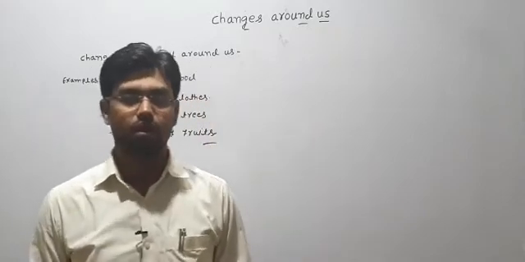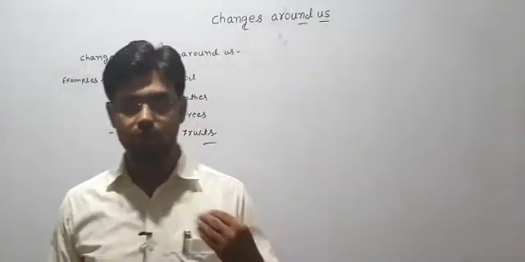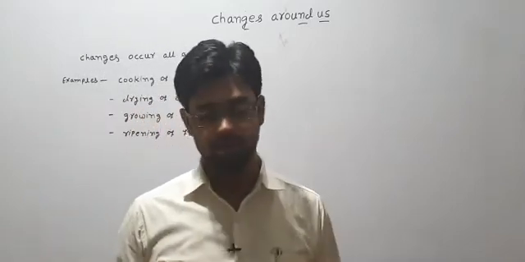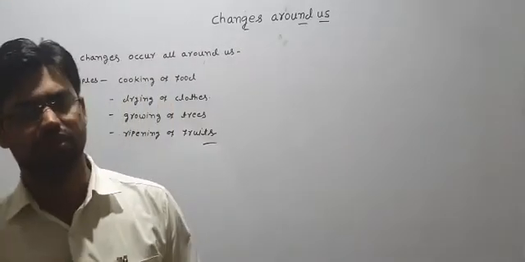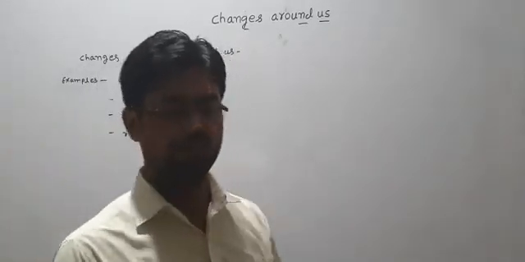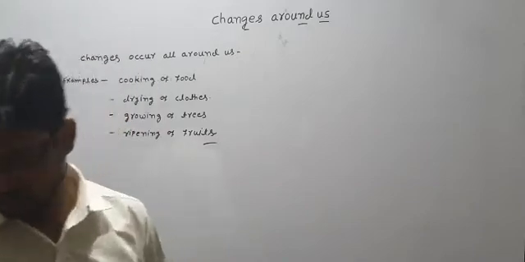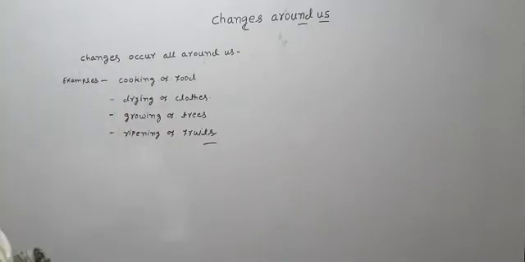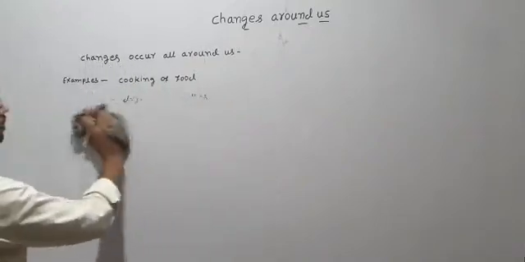Okay, you know that one small child is there that just grows and becomes an adult, so that is also a change. So different categories of changes are there. Two categories mainly we will discuss. Okay, so see, these are the changes you must understand. Now in two categories these changes we just categorize.